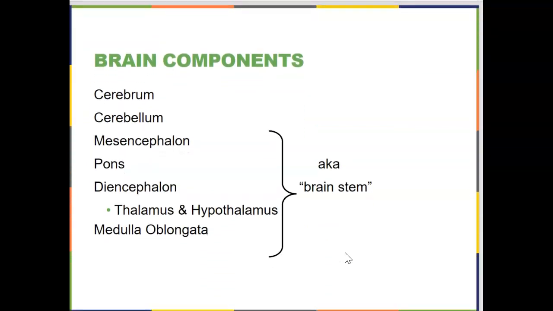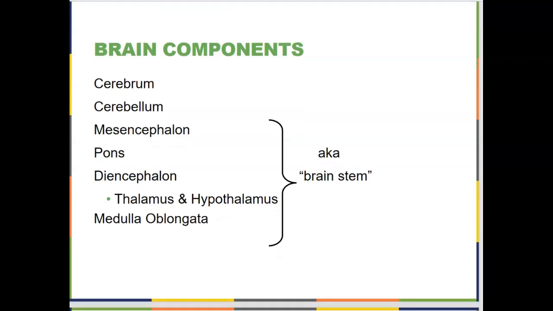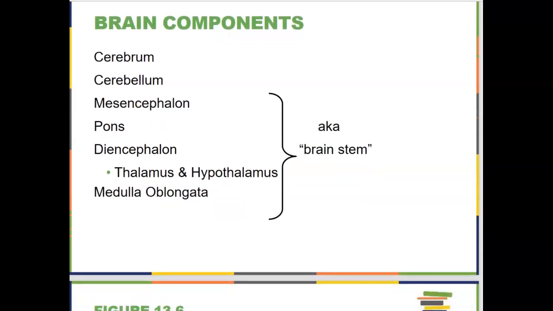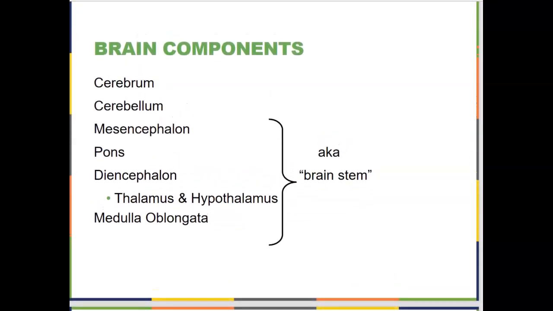Okay, so now let's talk about the different components of the brain. The cerebellum and the cerebrum are the two biggest parts of the brain. The cerebrum is the cerebral hemispheres, and they have superficial and deeper structures. The cerebellum is at the base of the brain, really important for motor function. Then the mesencephalon, pons, diencephalon, which includes the thalamus and the hypothalamus, and the medulla oblongata, are all a part